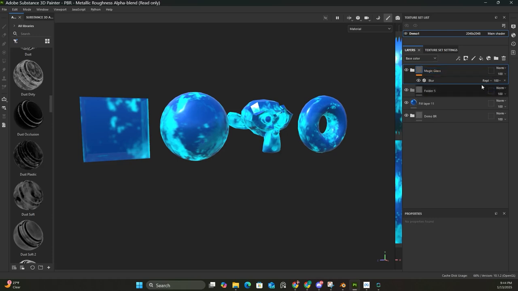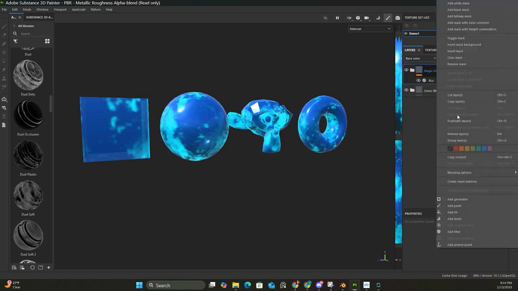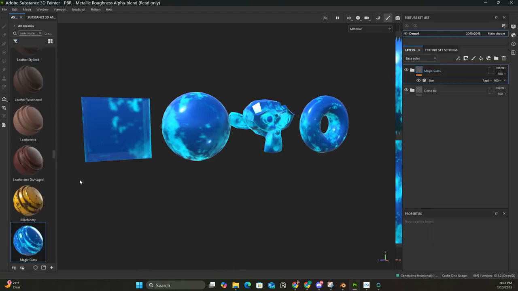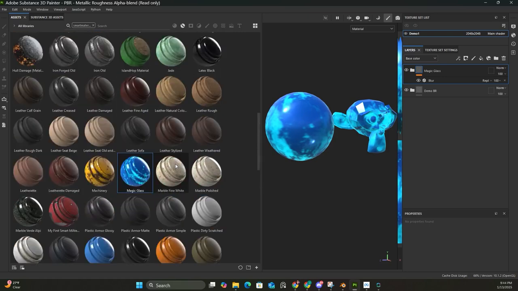Cool. Now I'm going to take these two items, drop them in, close that folder up, right click, and create smart material. Now, look at that. I created my own smart material. You know how many materials you can make and use, and you could just go to town making all these really fun